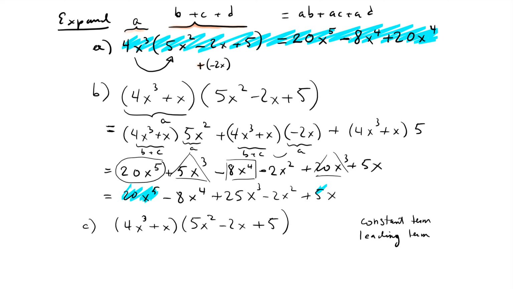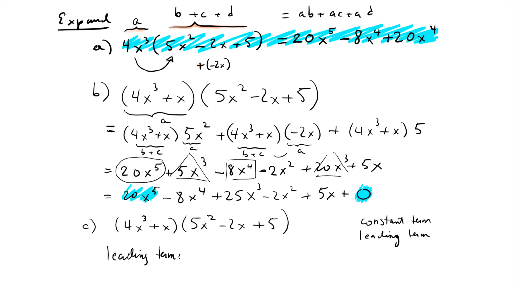So the constant term here, 5x is not the constant term. The constant term is sort of hiding at the end of this polynomial. It's 0, right? That's the constant term. So sometimes I want the first and the last. So how do I get those without multiplying everything out? Is that possible? Well, you'll realize that, for example, if I want the leading term,